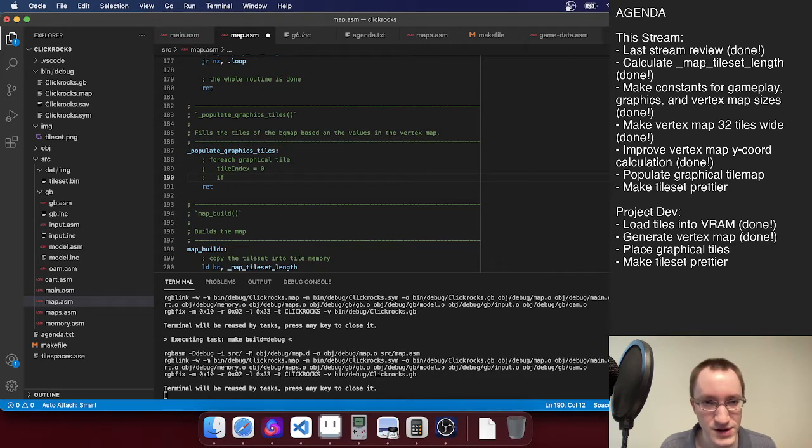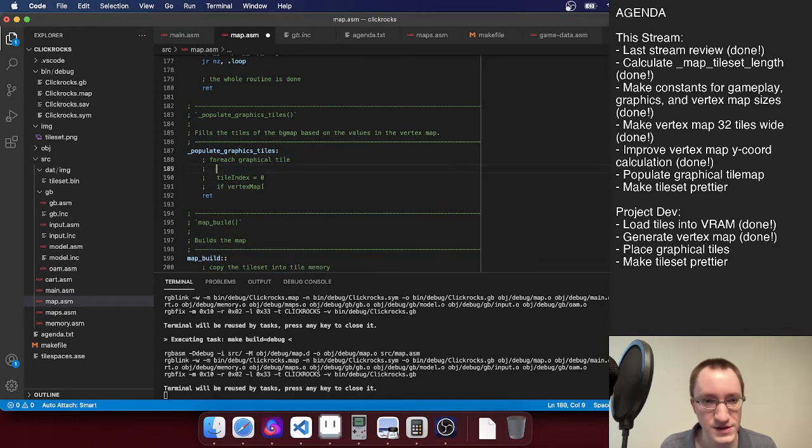If vertex map, and let's say there's going to be tile X and tile Y, we're going to have those properties. If vertex map at,